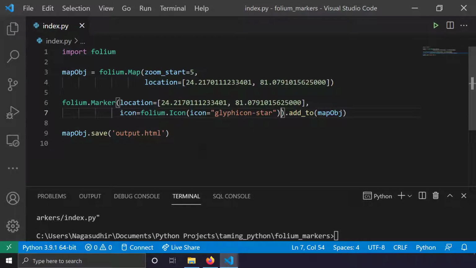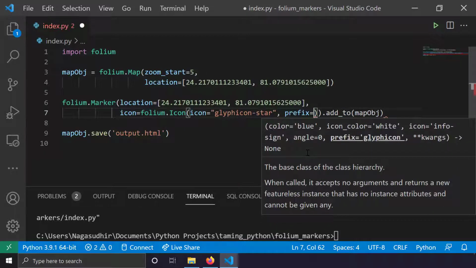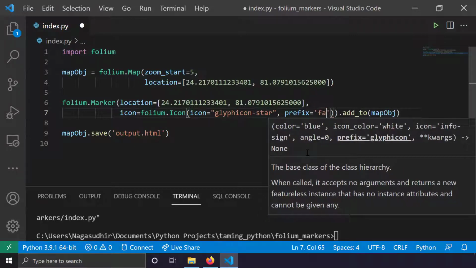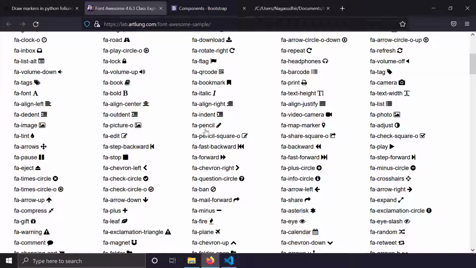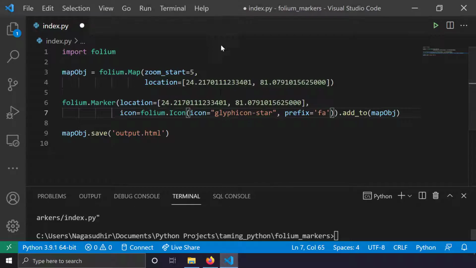Here, instead of icon equal to folium.icon, icon equal to glyph icon star, you have to write one more thing called prefix equal to, and since we are using Font Awesome, you have to write prefix equal to FA. And here, this is the name of this Font Awesome icon, right? So I'll just write FA-pencil. I'll just copy this here and I'll write this one, but here you just write pencil because FA is already